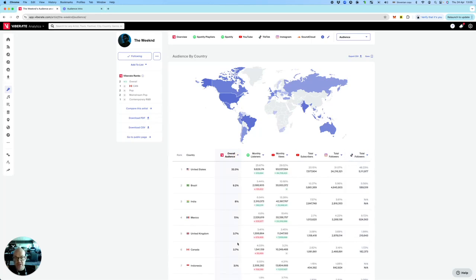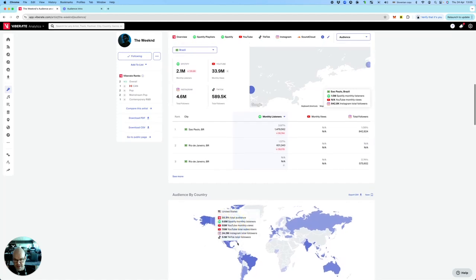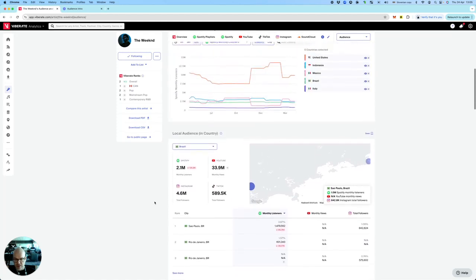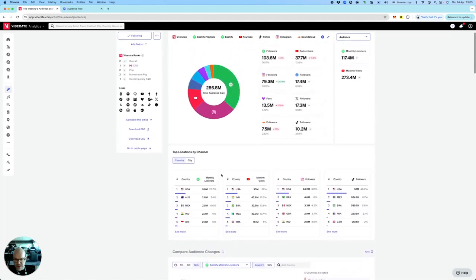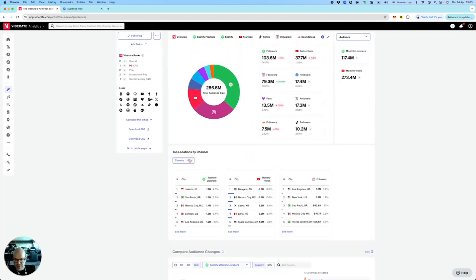But I have one interesting hypothesis on country level analysis. If you click on the city here, you'll often see Jakarta, Indonesia as one of the most prominent cities in terms of where the audience is coming from.